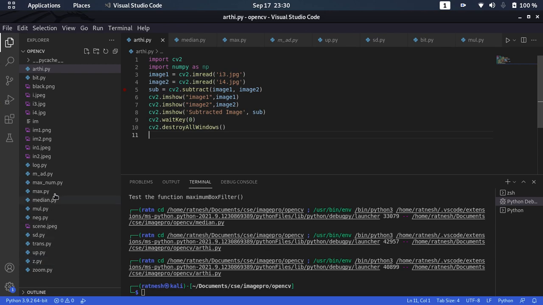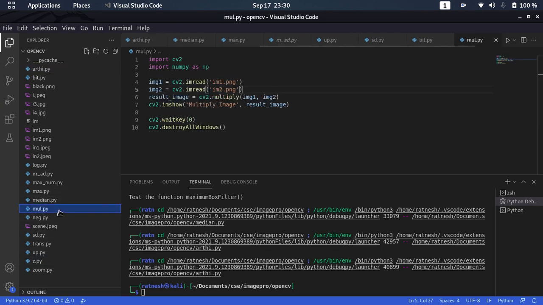For multiplying two images, I have created a program mul. Similarly, I am importing the CV library cv2 and numpy as np, and here again I am reading the two images, im1 and im2, and performing the cv2.multiply function, that is an arithmetic function. After multiplying two images,